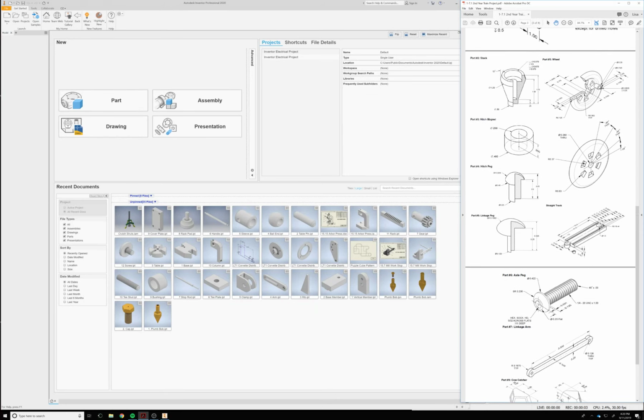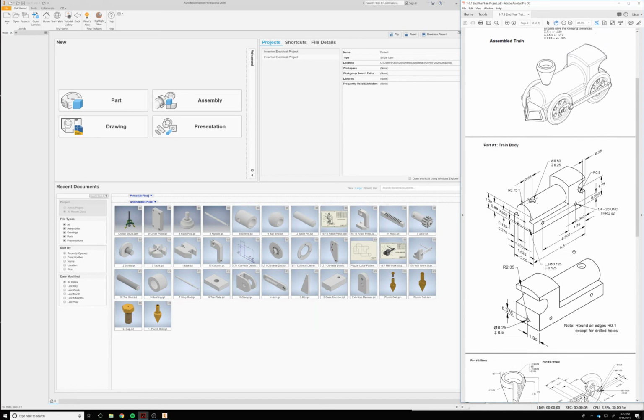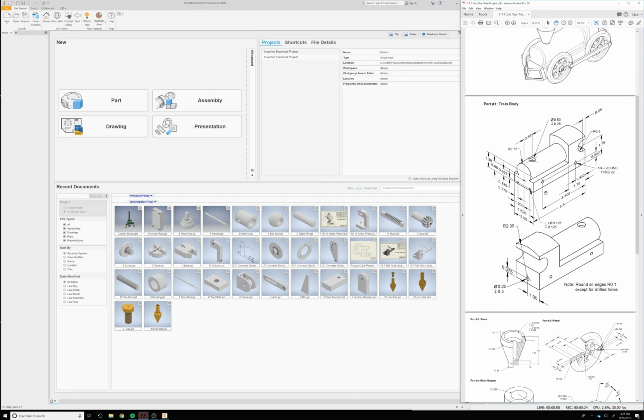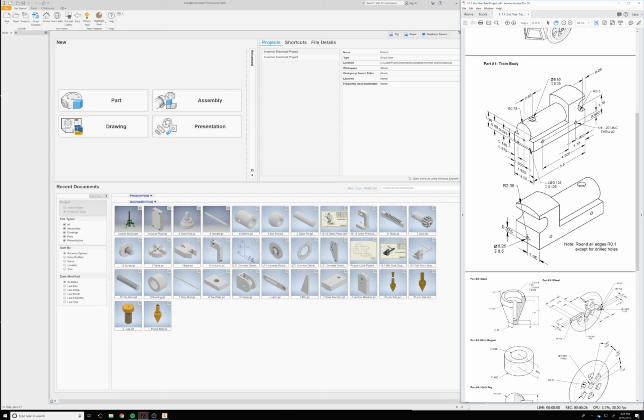Okay guys, we're going to go ahead and start on the train project today. The train project has 9 parts overall that we're going to be creating on Inventor, and then we will eventually 3D print all of those parts so that you guys can create your own train to take home. So I need you guys to follow this video exactly the way that I have it, because if you do not follow it exactly this way, you will fall into some